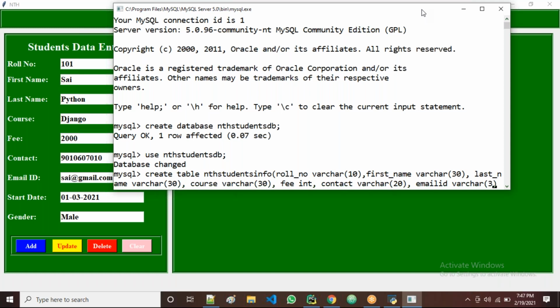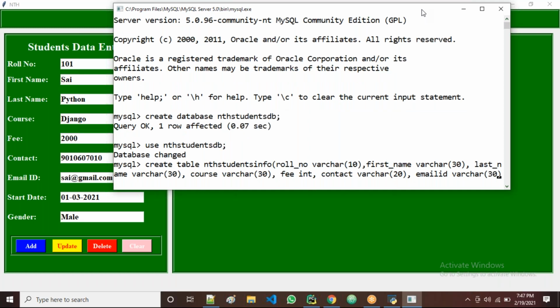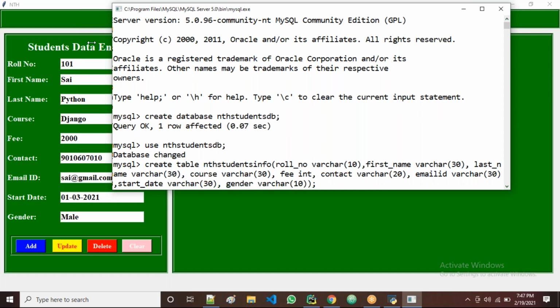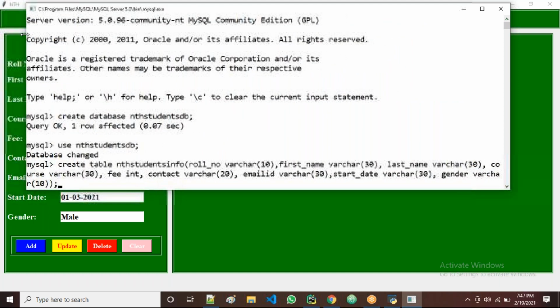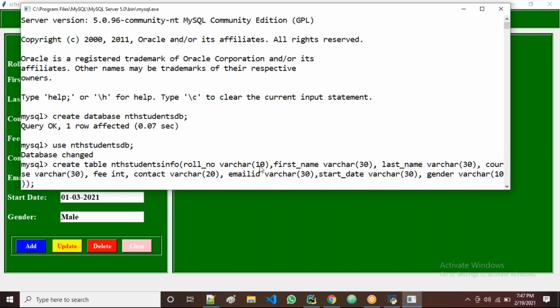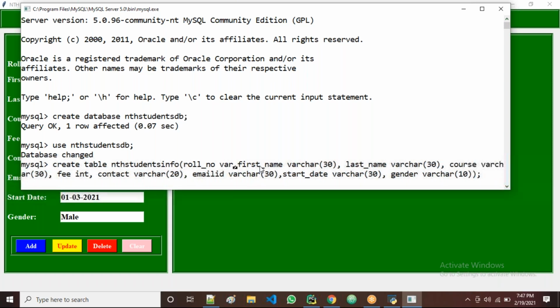Next one, email ID, varchar of 30. Okay, 30. Next one, gender, the varchar of. Okay, I hope, guys, we don't hit spelling mistakes, right? All of you observe if any spelling mistake is there.